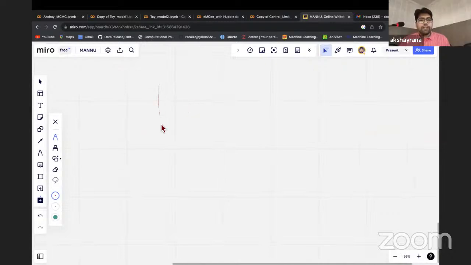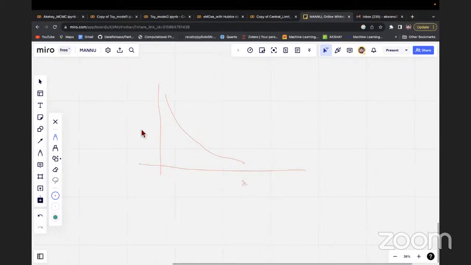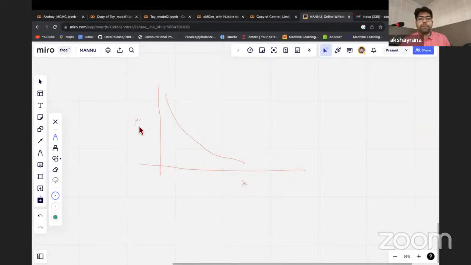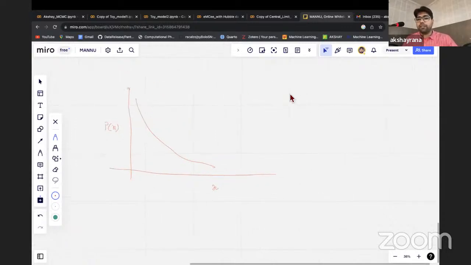So let's say I have a PDF, and let me choose an exponentially decaying function. Let's say this is x and this is P(x) corresponding to it. Now my aim is, if I know uniform random numbers, how can I create a set of random numbers which follow this distribution? So in the inverse transform method,